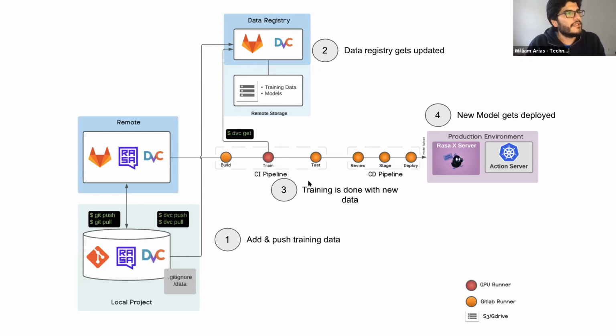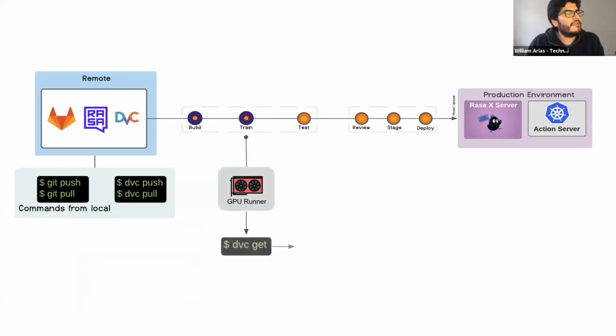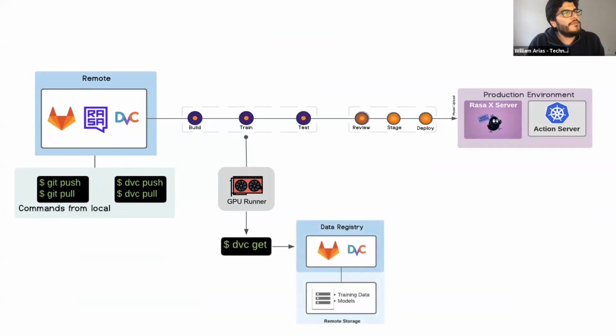So then the training is done, and we use a GPU in this case, and I will show you how it looks. And then we deploy it to Rasa X automatically if you want. So, going through these steps again: the commands that I run locally are that I change my training data and push it to a remote, and then this will trigger my build, which is where I build the bot using my Docker file. And then when I train the Rasa chatbot, the GPU runner, or the machine that I'm using to train the model, is not a regular machine. It's a machine that